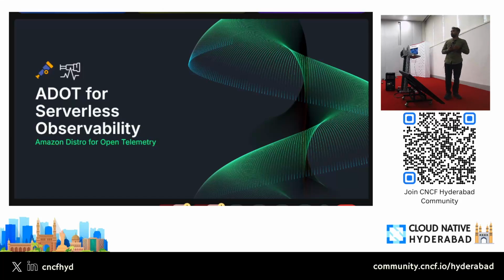Today, I'll be talking about ADOT, which is Amazon's distro for OpenTelemetry. You have had some masterclasses in the previous session about OpenTelemetry, what it is. I also had a few slides. Good thing it's already covered by a better person, so I'll be able to fast forward that and show you the important stuff, which is about ADOT and how